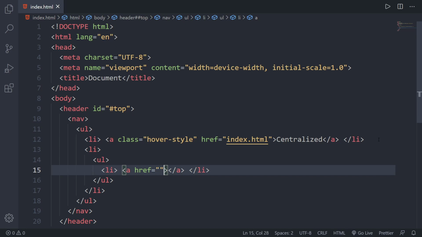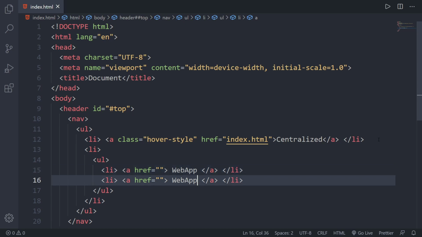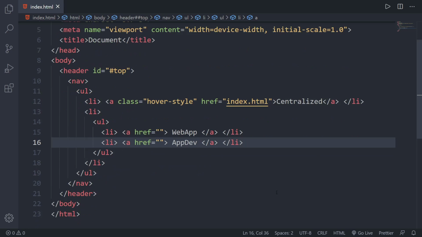We'll come back here and change it, and we can just write web app. So web app section, and now you can press Ctrl Shift D to duplicate that line, and just change it to app dev. Okay, so here we have our navigation.